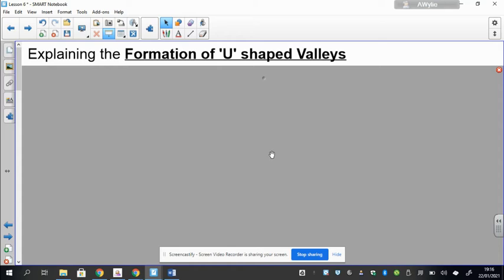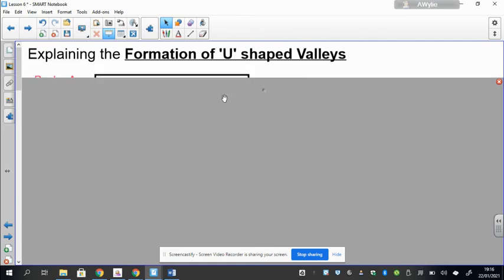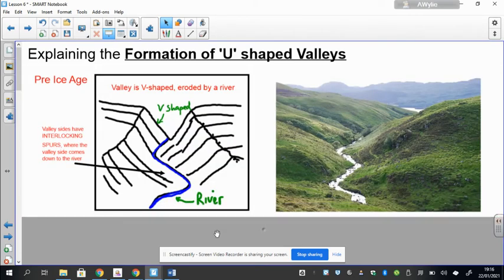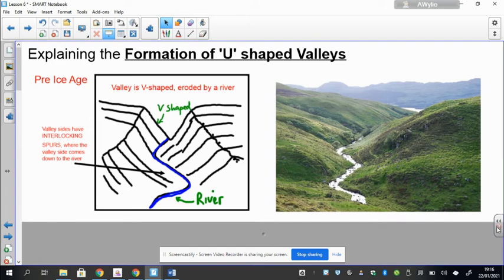Now that I'm assuming you have a piece of paper, I'd like to make sure you have written this title at the top of your piece of paper. And we're going to start by having a look at our first diagram. Okay, so if I just remove this here, what we can see in this first diagram